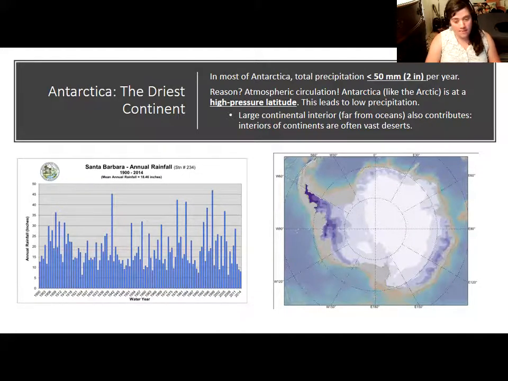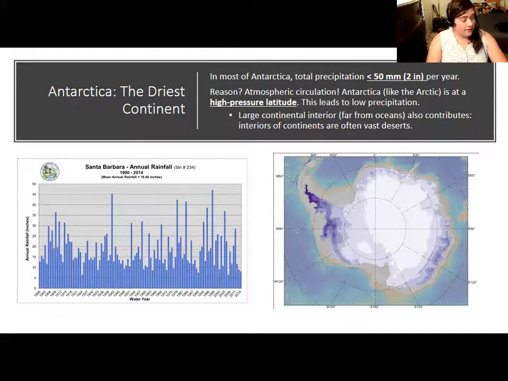Something we'll talk about during the climate unit is how certain latitudes of Earth, areas north or south of the equator, are likely or unlikely to get lots of rain based on the air pressure. Antarctica is in a high pressure zone. High pressure means you have a lot of dry air falling, in this case actually at the center of the continent. In addition to meaning that Antarctica doesn't have much rain, this also contributes to Antarctica being so windy. The air settles down at the center of Antarctica and then makes its way towards the coasts over the ice sheet.